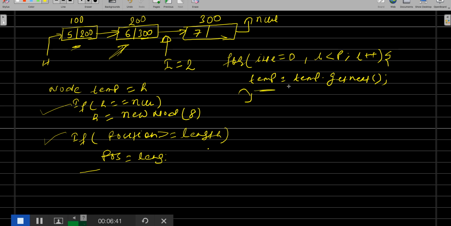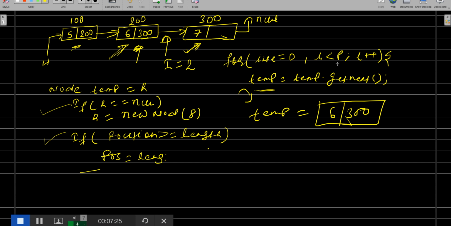Now what will temp have, right? When you are here, your temp will have the data of this node, because when you ran the first time, you got here, and when you run the second time, sorry, your temp will have this data. Okay, second time. So basically, just for understanding, I'm writing here, your temp will have the data of the node which has data equal to 6, and reference equal to 300. So you are here, right?